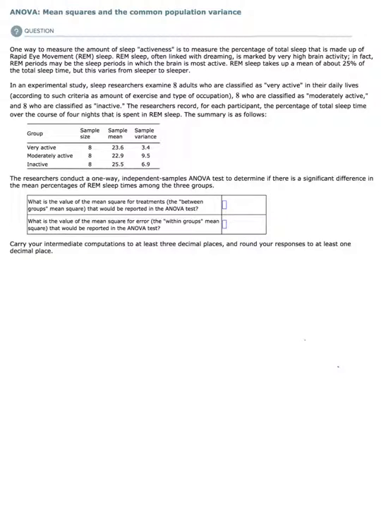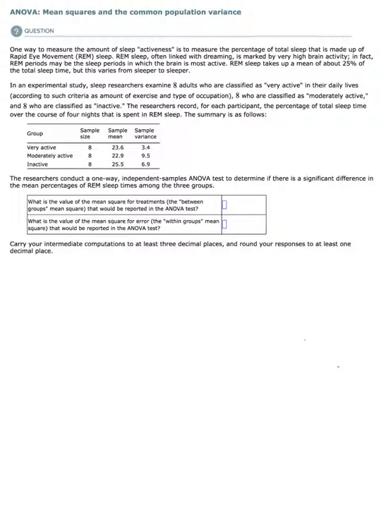Let's answer one more question. One way to measure the amount of sleep activeness is to measure the percentage of total sleep that is made up of rapid eye movement, REM sleep. REM sleep, often linked with dreaming, is marked by very high brain activity. In fact, REM periods may be the sleep periods in which the brain is most active. REM sleep takes up a mean of about 25% of the total sleep time, but this varies from sleeper to